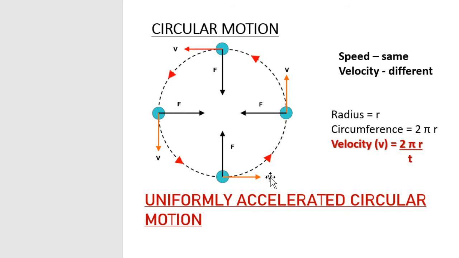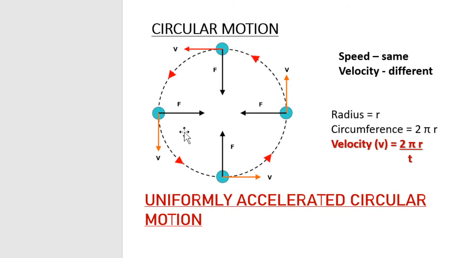It switches its direction, it changes its direction, then again one more tangent here, then again it changes its direction, then one more tangent here. So all this while he is traveling tangent to the circle, right? And when every second the velocity is changing, so I just told you what is the difference between speed and velocity.